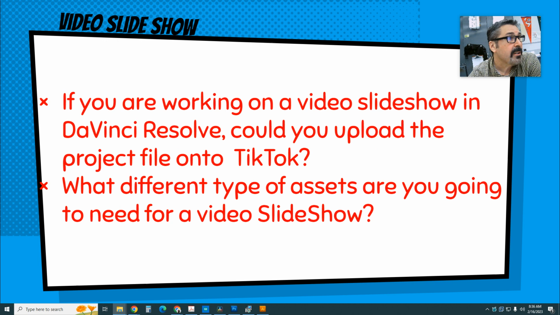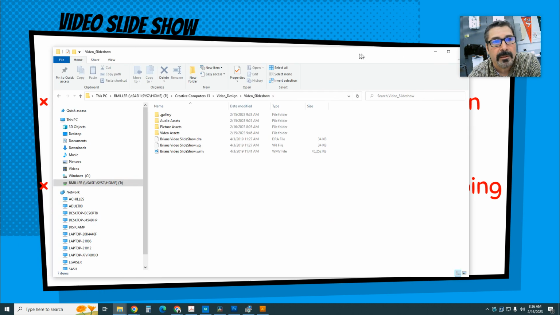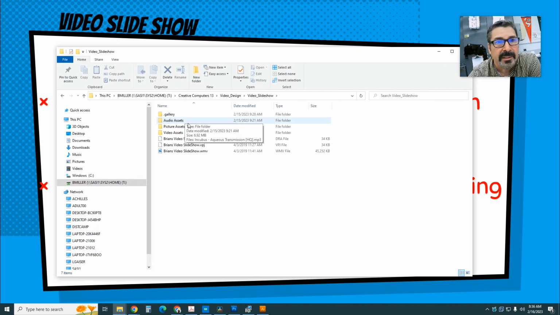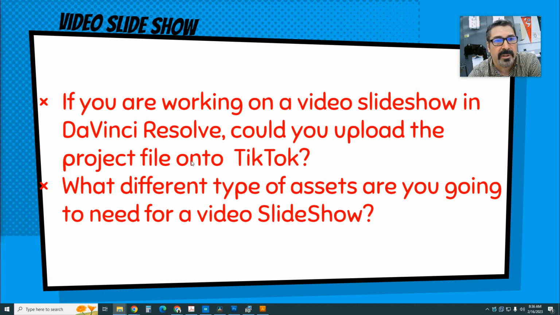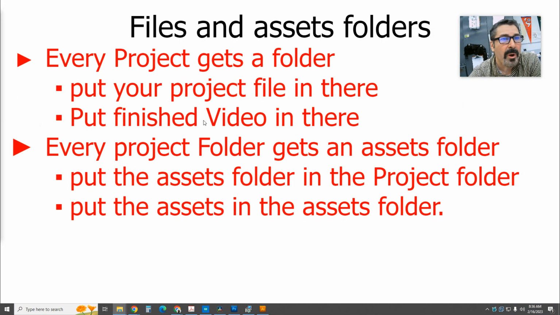Okay, so let's go back to this one. What different types of assets are you going to need? Audio assets. You're going to have songs. Picture assets. You're going to have pictures, and you're going to add video to it. Video assets. Okay, so that's the answer to this. So what I'm talking about with this,